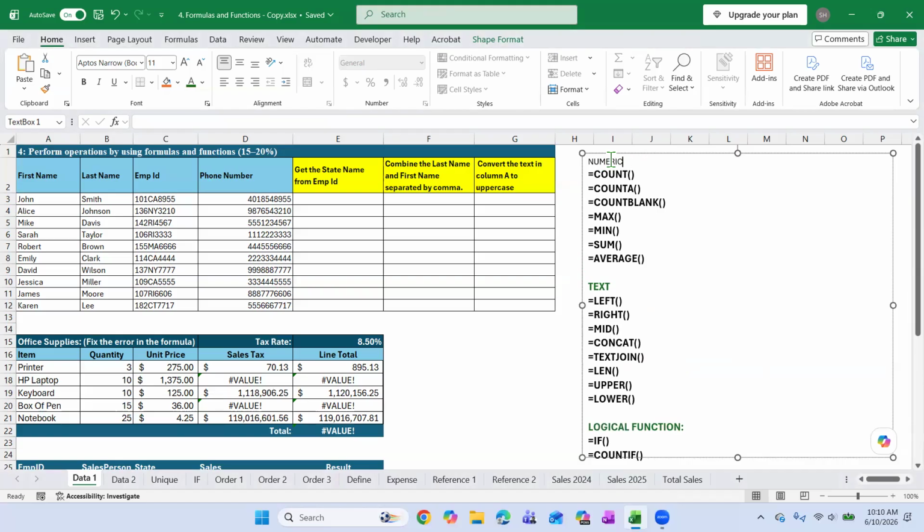Numeric, right? If I want to deal with numbers, numerical data, then I will go with count. If I want to count how many employees there are, either I can go with COUNTA if it's text data, or I can go with COUNT if it's numeric. If I want to see how many students are absent in the class,